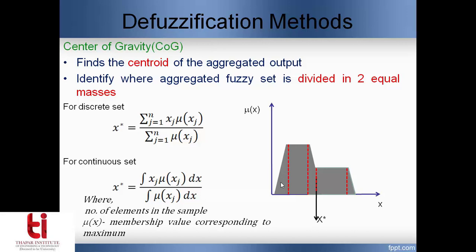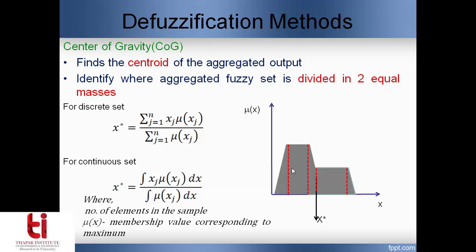So this is a triangle, this is a rectangle, it is a trapezoid, and this is again a rectangular region, and this is a triangle. So I will try to find the areas of these. Okay. Or either you can find it by area, or you can do it by the membership values. It is going to be the same result.